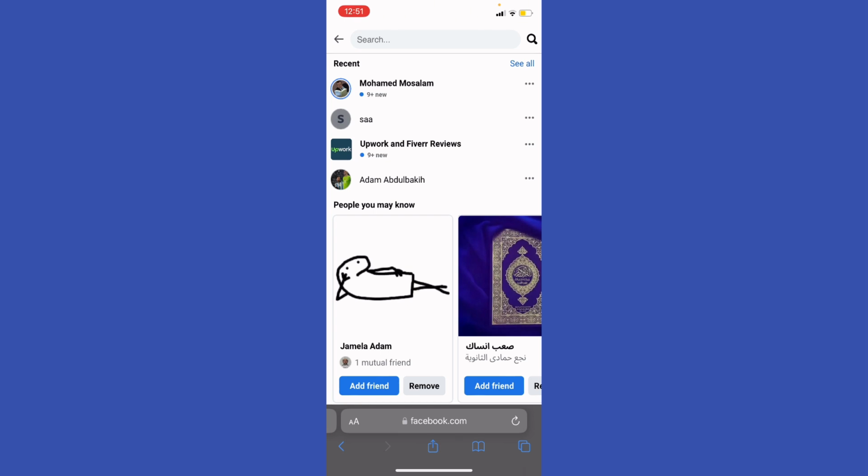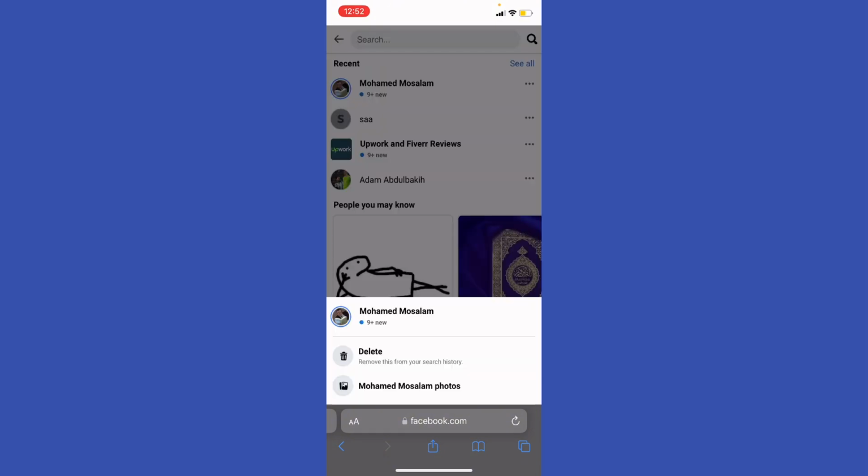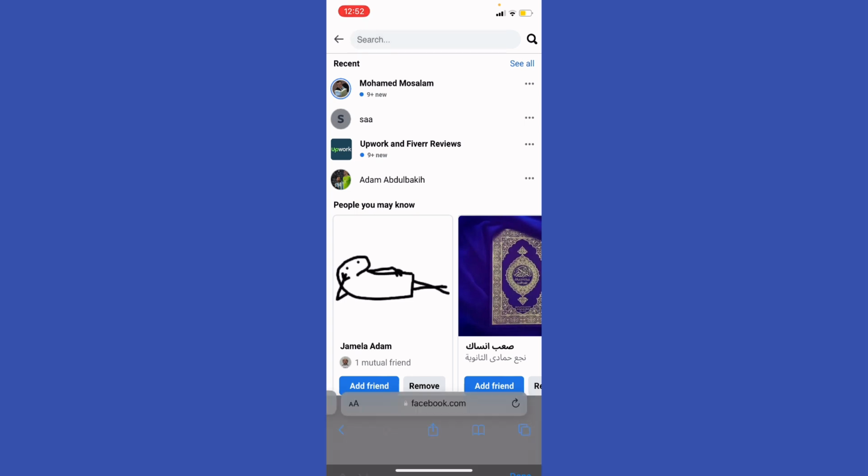If you want to clear your search history, click on edit next to the recent searches. And just click on the three dots, and then you can remove this item or this content from